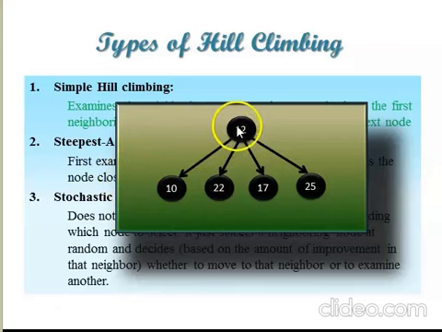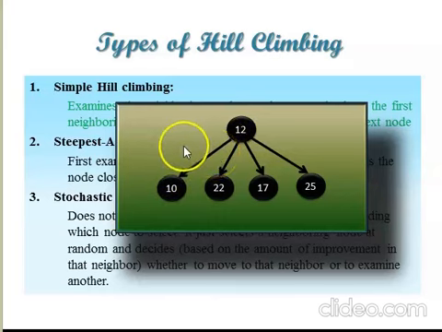made a downhill movement, because we were at 12 meters above sea level, and after this operation we are at 10 meters above sea level. So we are down by 2 meters here. This is not an upward movement. This is not a climbing activity. This is a downhill movement. So this is not acceptable in this algorithm. We have to climb up the hill.